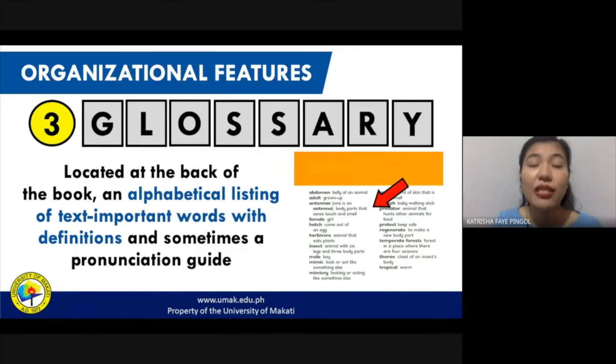The glossary, just like the index, is located at the back of a book. Similarly, a glossary will also list down important words and their definitions in alphabetical order. And sometimes it might also include a pronunciation guide. Basically, what you have to remember about glossaries is that these are like mini dictionaries at the end of the